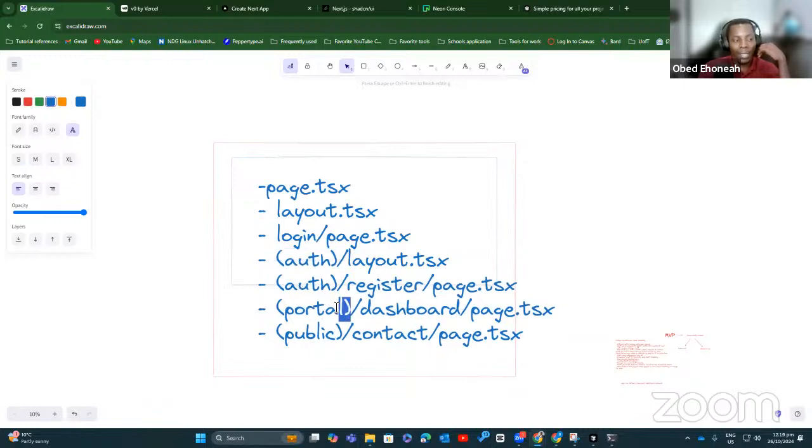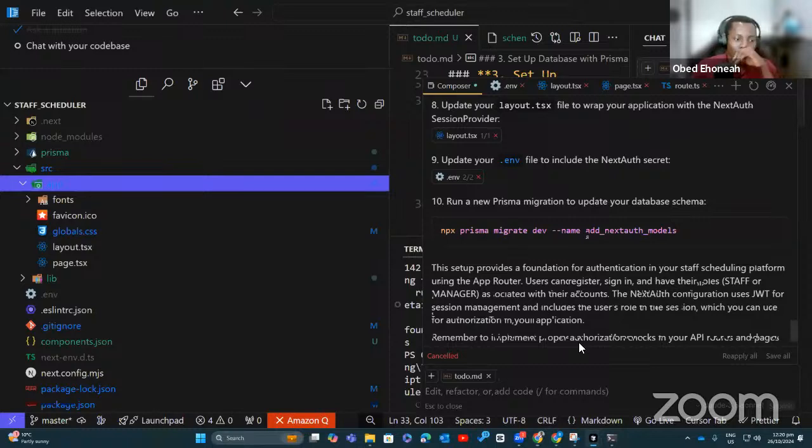And I can create a layout file in portal, and one in public. I can also create, maybe for the portal, something different for the administrators or the owners of the platform, management-wise. We can create another route grouping. You can do that. Okay, let's get back to our code and configure this too.